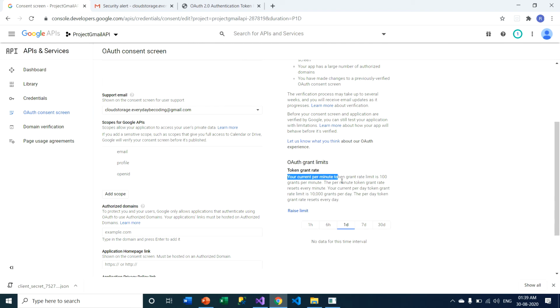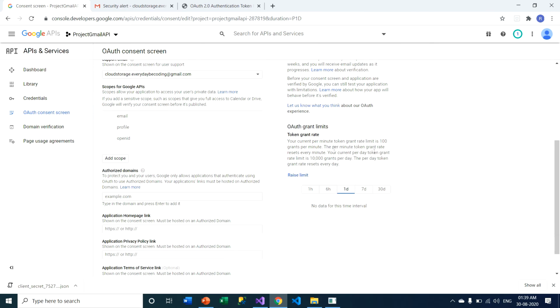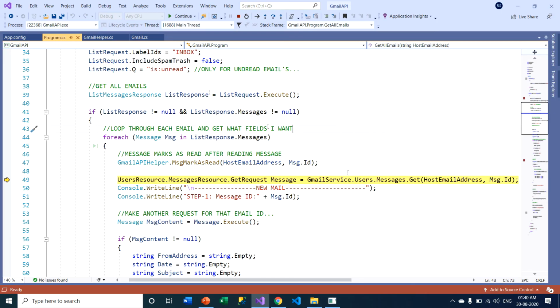Your current per minute token grant limit is 100 grants per minute. That means the per minute token grant rate resets every minute. So this is one kind of limitation. So right now I just click on the continue button,